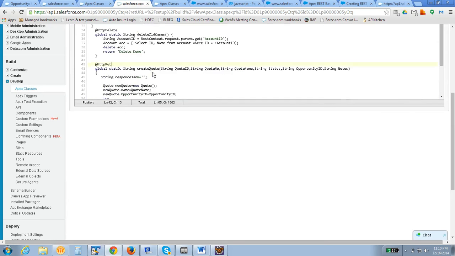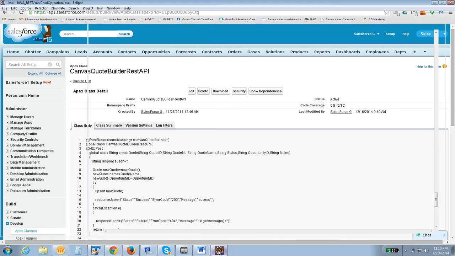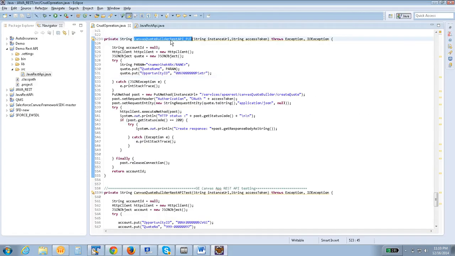It should create with an XML structured based code, right? So this is how the put method will work basically.